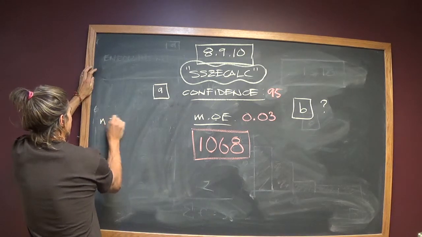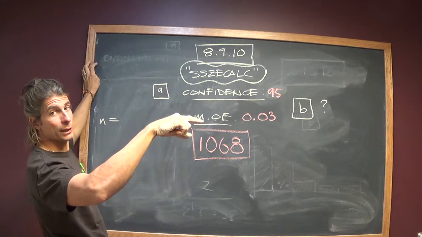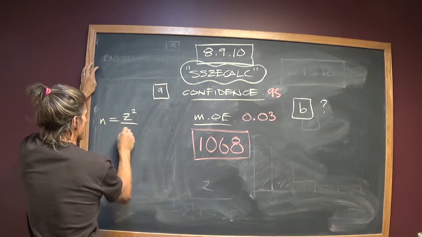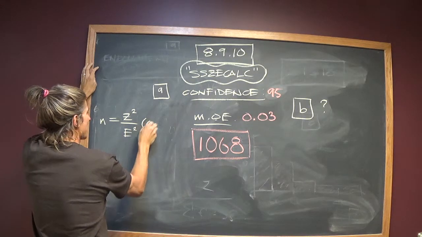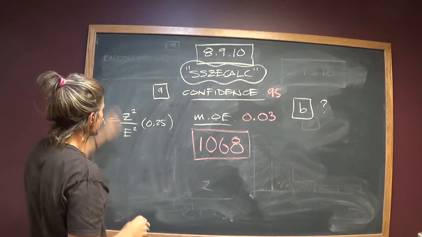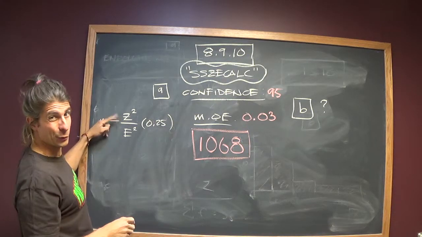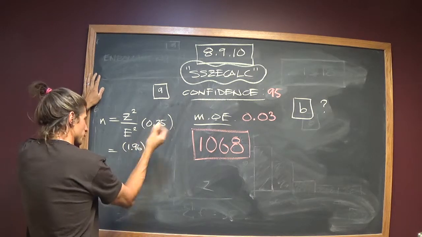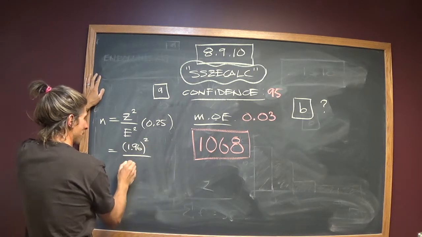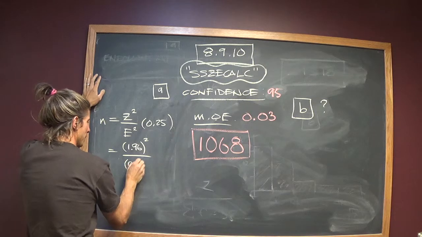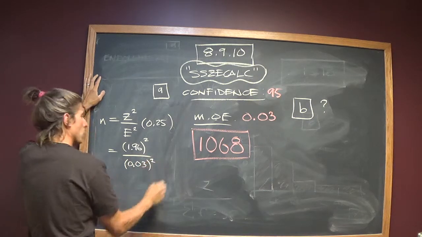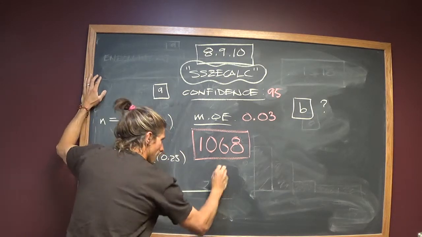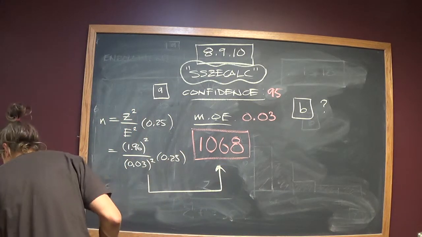your sample size, if you've seen the derivation formula for sample size, it's your critical value squared over your margin of error squared desired times 0.25. So all you do is you back substitute in the values you need for here. So for Z, you'd use 1.96, which is roughly 2 standard deviations. For the margin of error, and this is why the decimal is so important, it's 0.03 quantity squared, and that's all times 0.25, and you'll end up with 1,068 from there.